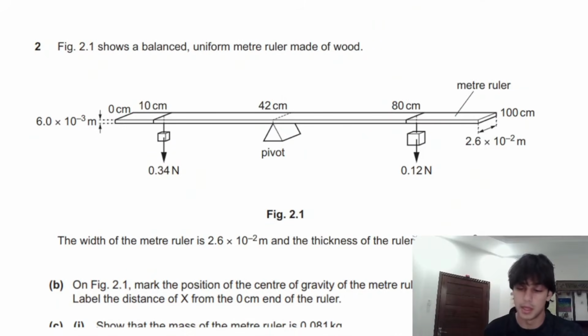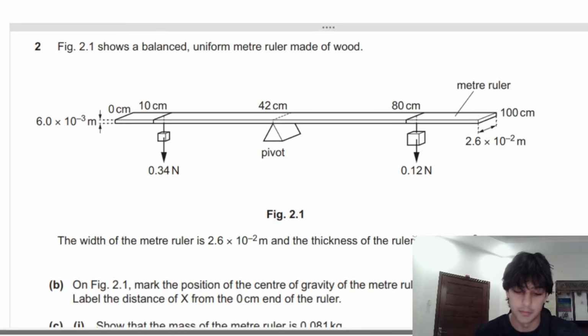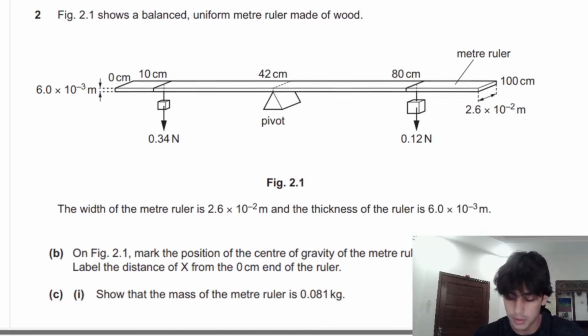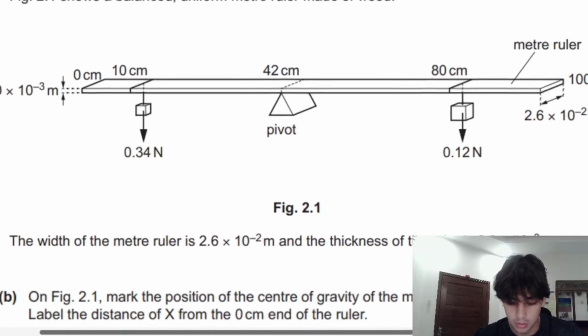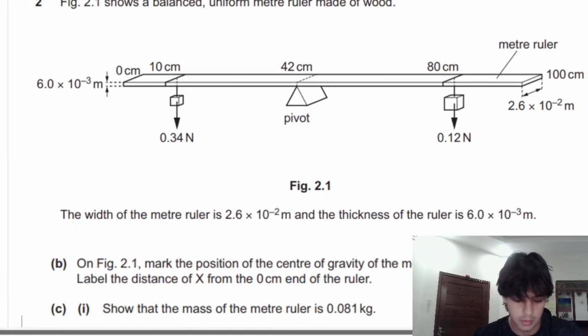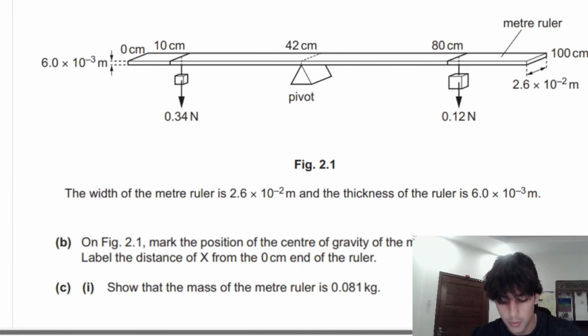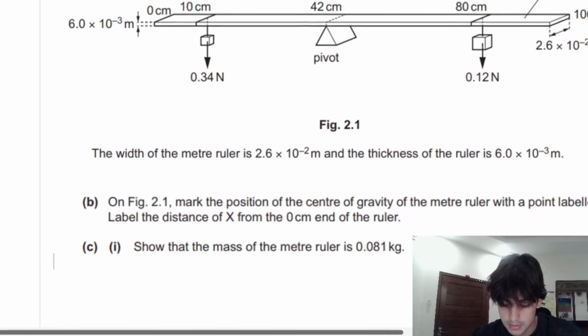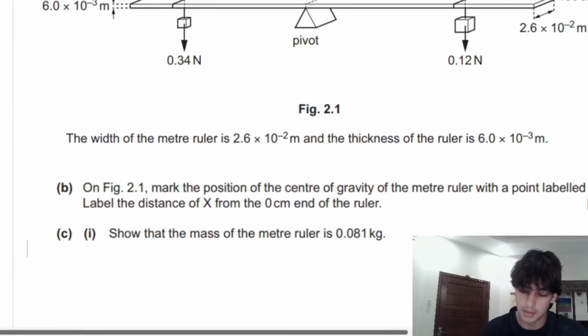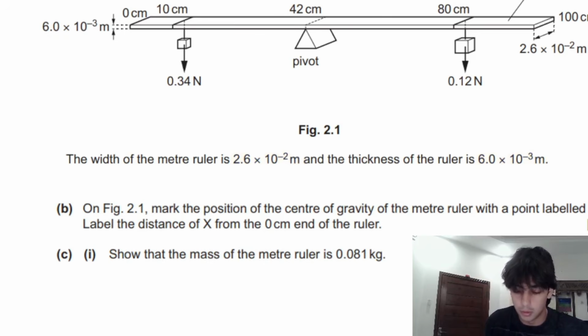Alright, let's start off with a question about moments. So here we have a balanced uniform meter rule made of wood. And we can see the whole arrangement over here. It looks confusing, but don't worry, we're going to go over this one by one. The width of the meter rule is 2.6 times 10 to the power minus 2, and the thickness is this. Always keep in mind not the value but the units, because the units will essentially help you get to the